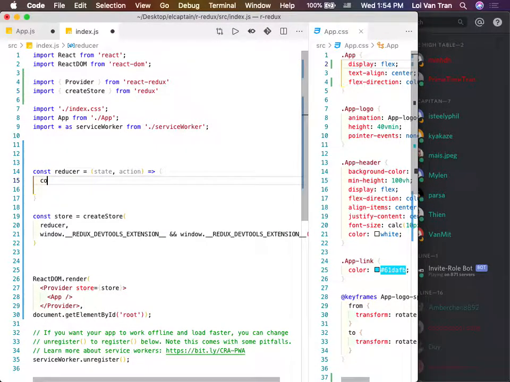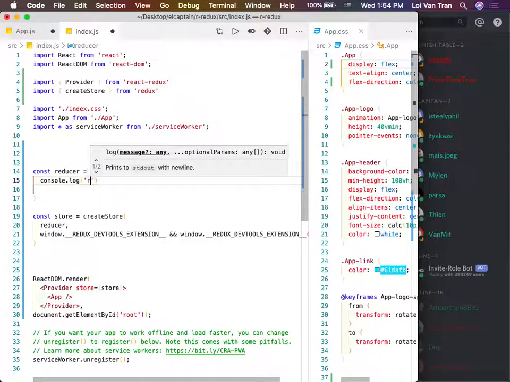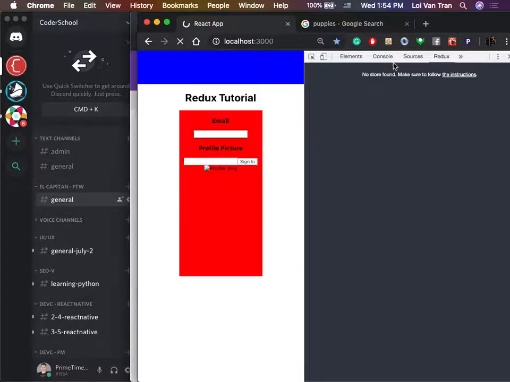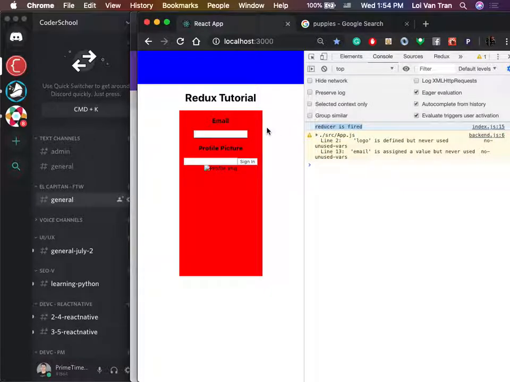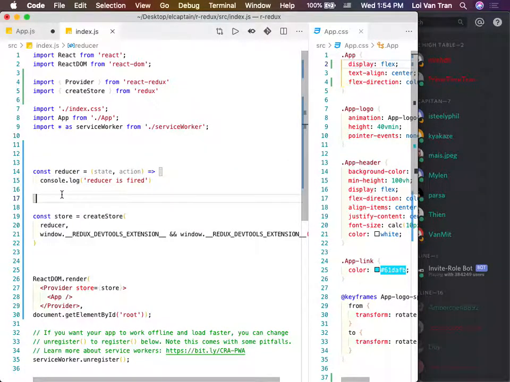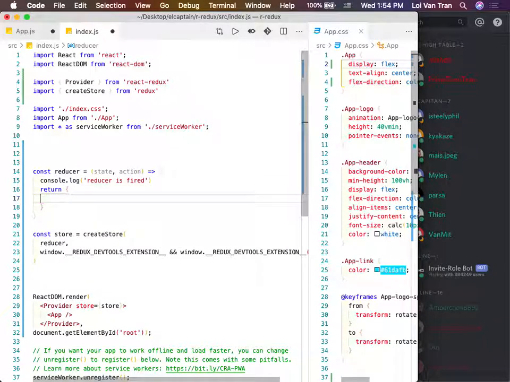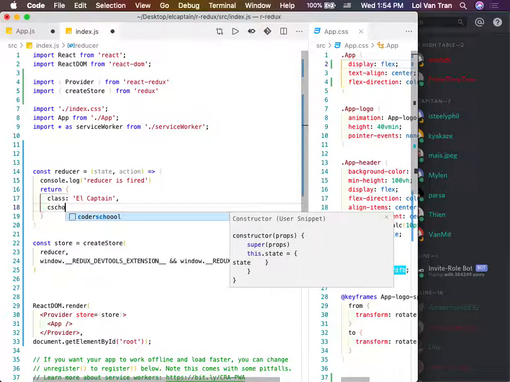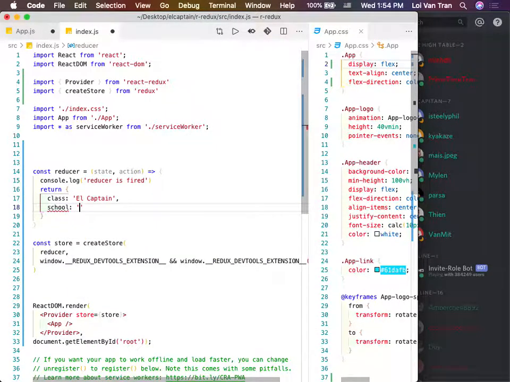Okay? I'm going to prove to you that this is what happens. So I'm going to console log, reducer is fired. So we refresh, we look at our console, we see that our reducer was fired. It fires one time to initialize some state. Okay? Whatever is returned from this function right here will always be our state. So if I return something and I say class is L captain, and I say school is coder school,